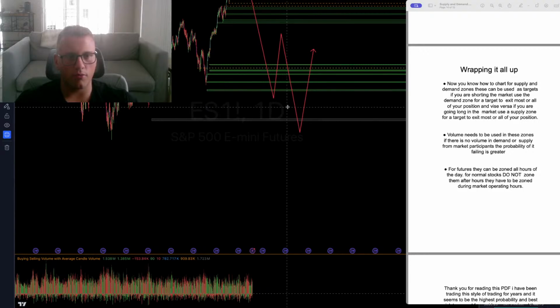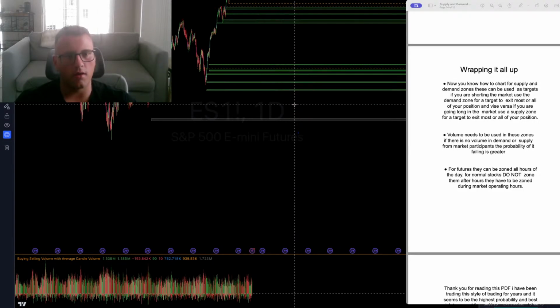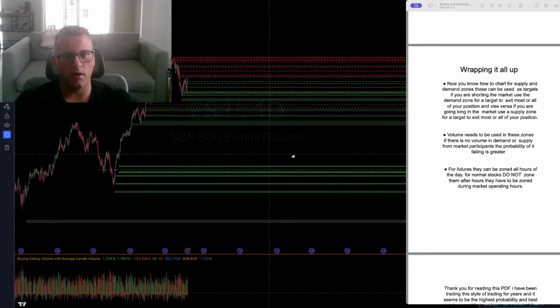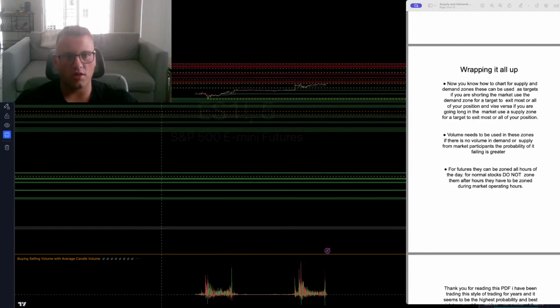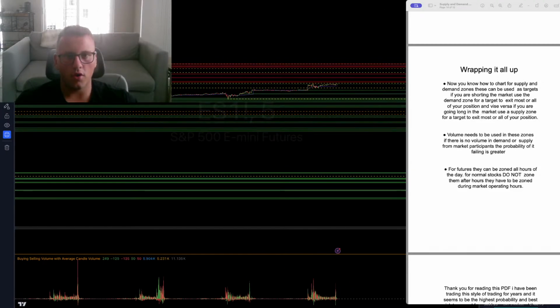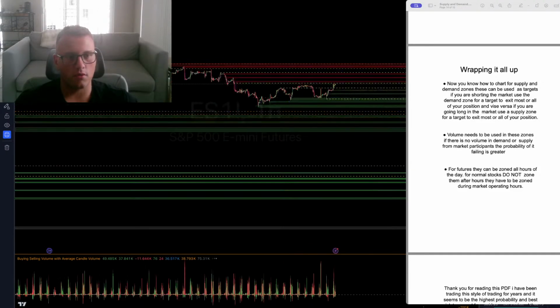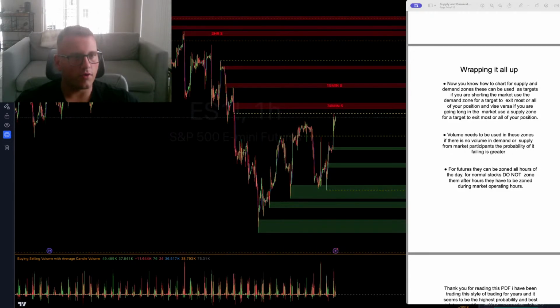You have to look from left to right no matter how long it's been. Obviously, the sooner it's been, the more of a chance that zone's going to work. But you have to just use what the market gives you. You're going to look at zones like that. You're going to look at psychological areas. For example,